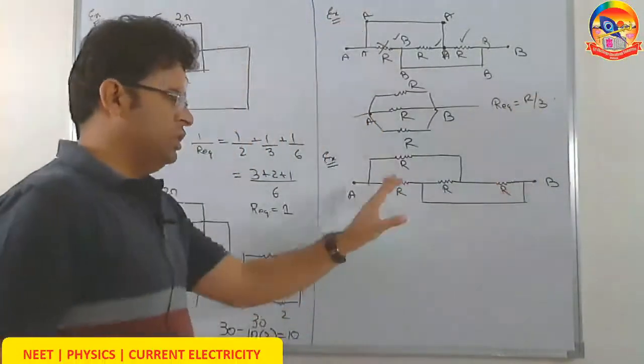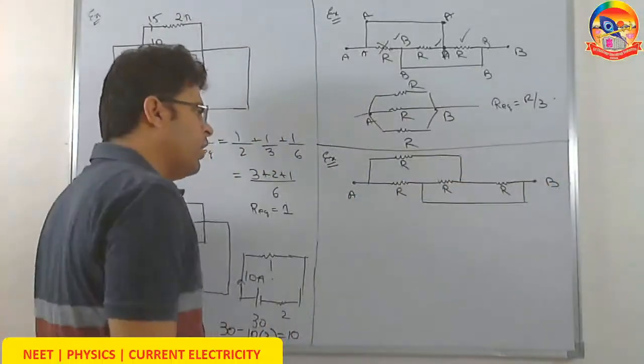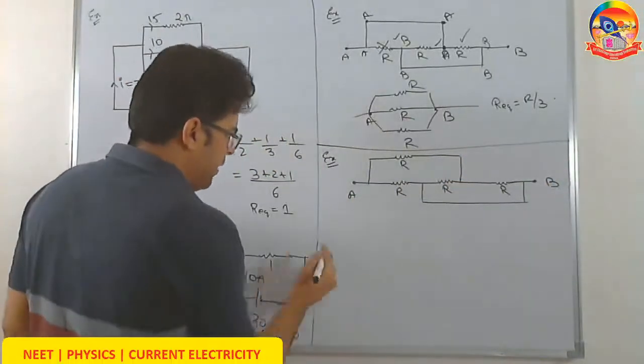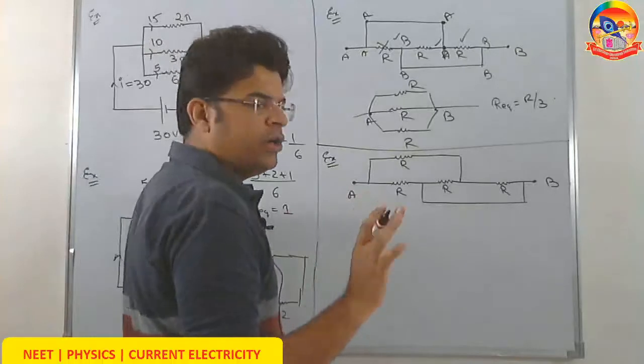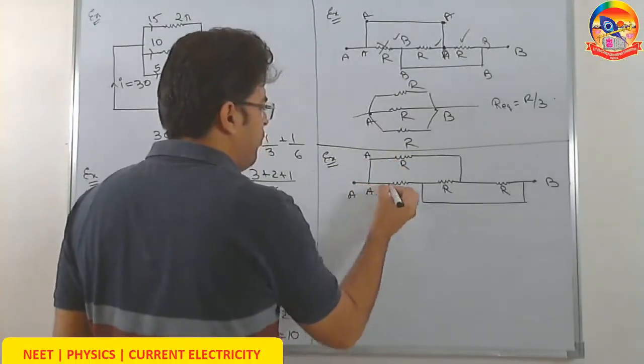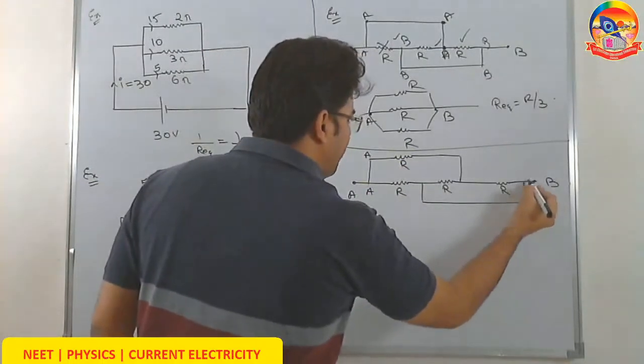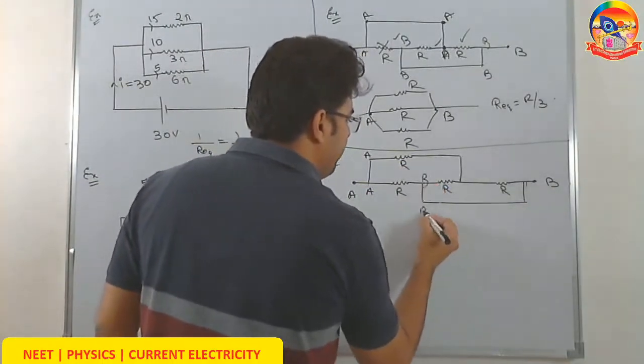Now let's solve this question. This time we have got this circuit. Now how do we find the equivalent resistance between A and B? So first of all, mark out the points of the same potential. A. All these have the same potential. All these points which are directly connected by wire will have the same potential B. So B.